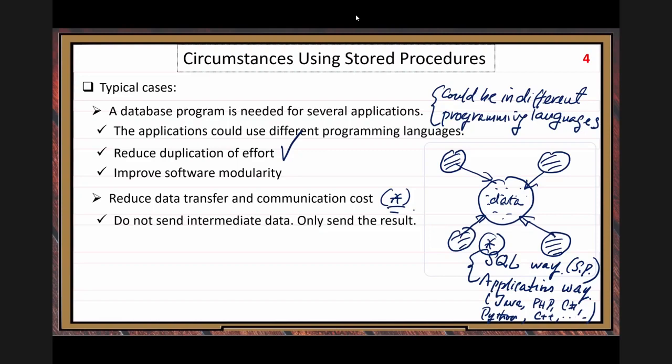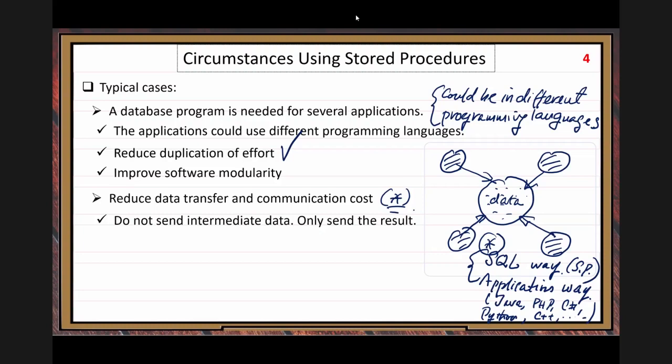Think about if you use application programs to write code, your database is still stored in the remote databases, right? Because you still use the remote large data center to store the data.